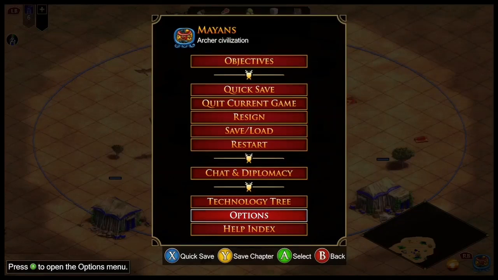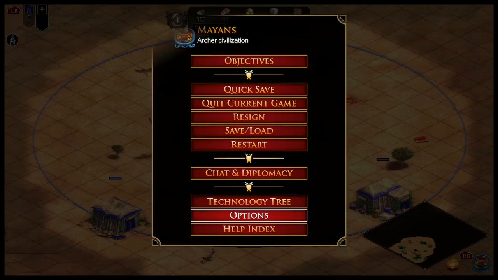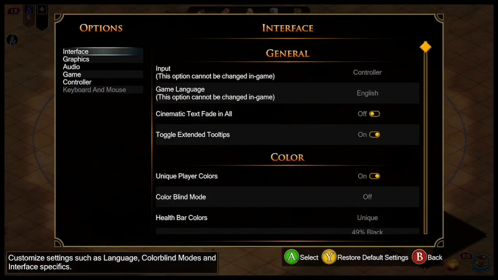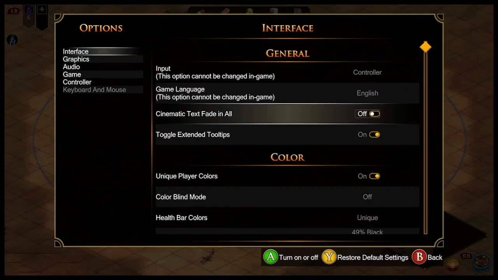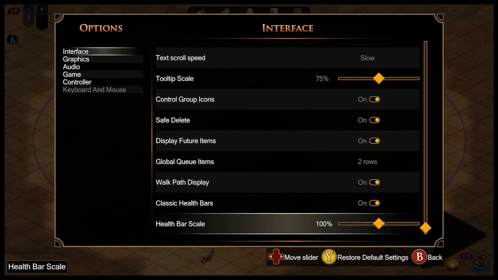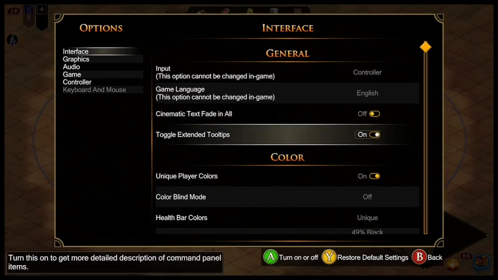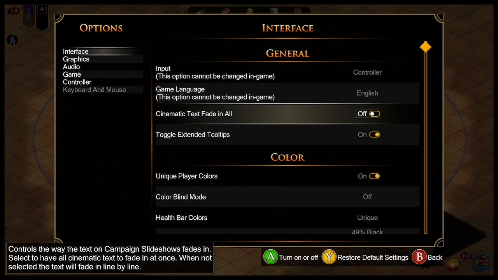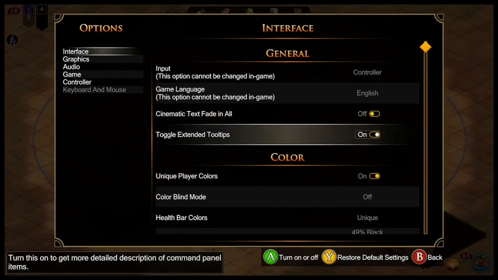Hey guys, I'm gonna go over the controllers on the Xbox for Age of Empires 2. Gonna try to explain what most of these things do. So some of it is not even worth going over, like here on the interface. I would just say about this. Let's go see